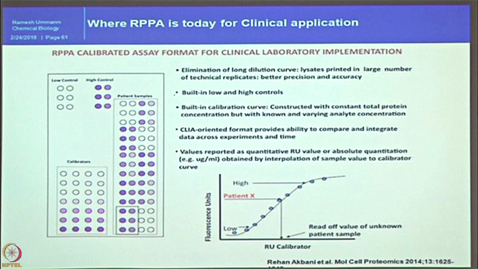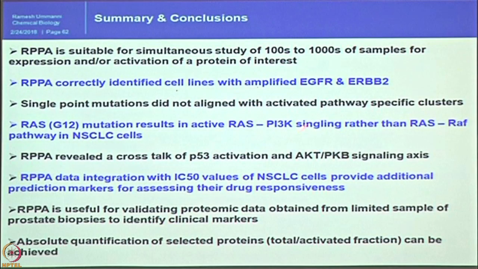The moment we get patient data in this panel, we can extrapolate on the graph and say what the quantity is. If this quantity is below or between the low and high, or above high or below low, then we can decide that this patient has X problem or Y problem and so on. So now people are talking about this kind of miniaturized RPPA platform to bring into personalized medicine. With this, I will just sum up.